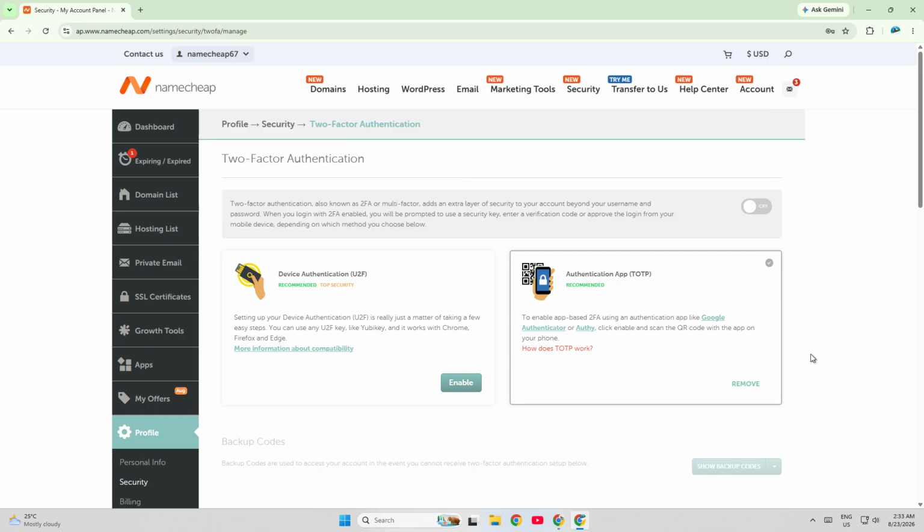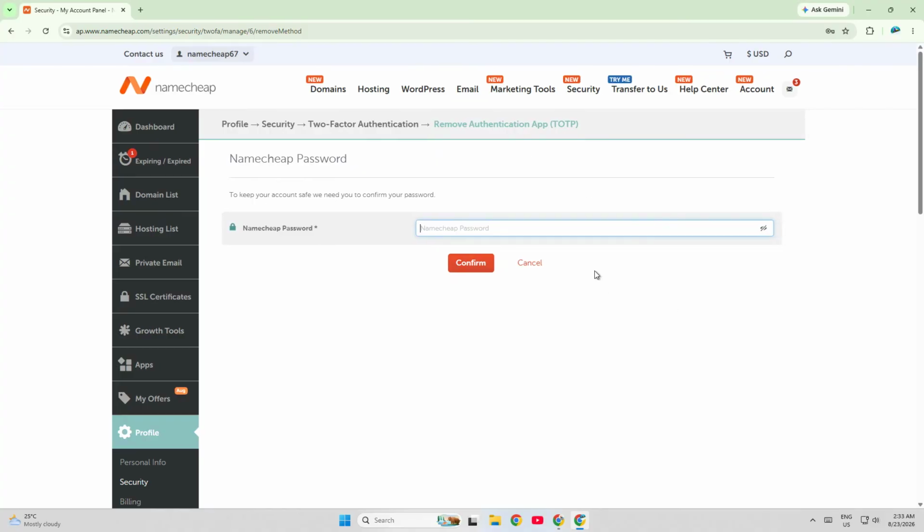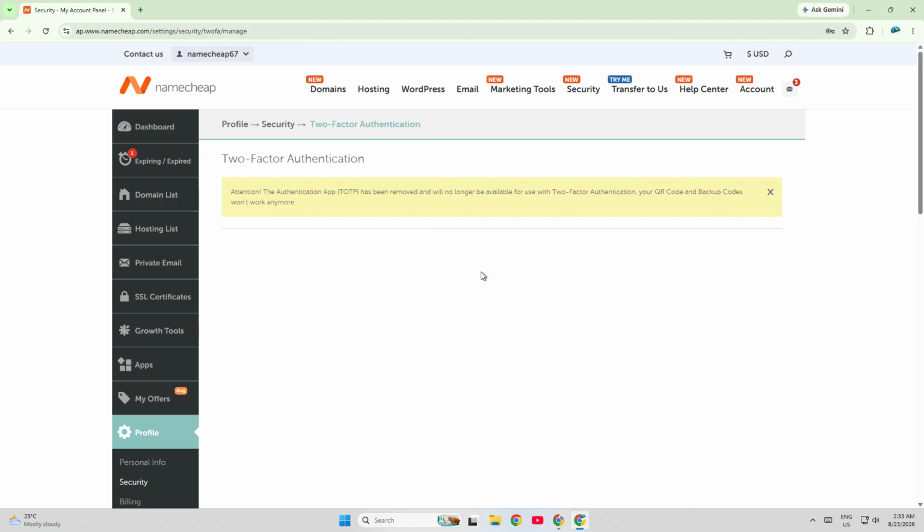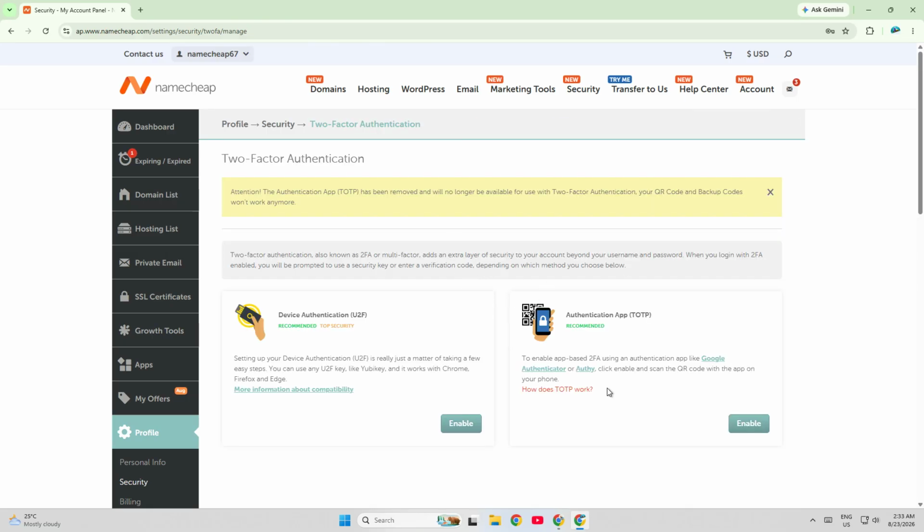If you recently changed phones, or if you reinstalled your Authenticator app, you may need to reconnect your account with a new QR code. In Namecheap's 2FA management area, generate or view the newly created QR code, then scan it with your Authenticator app. Once it's added, the app will generate a fresh 6-digit code for your Namecheap account. Enter that new code carefully to confirm the setup. This step is important because codes from your old device will not work on the new one, unless the account